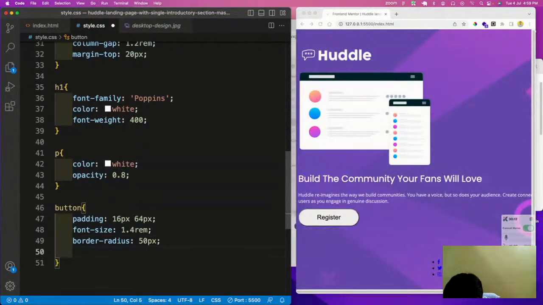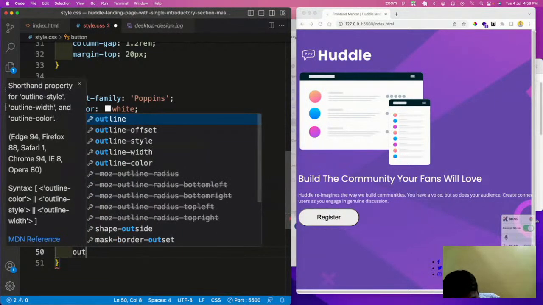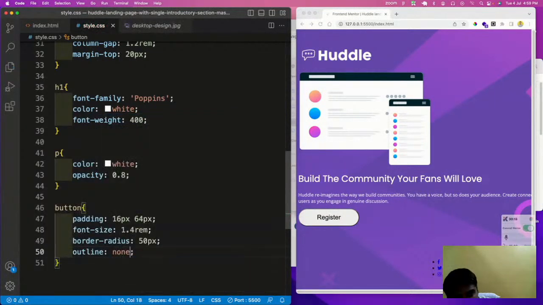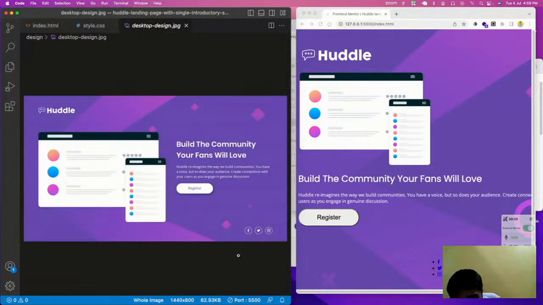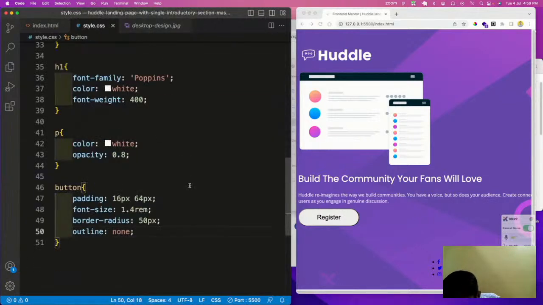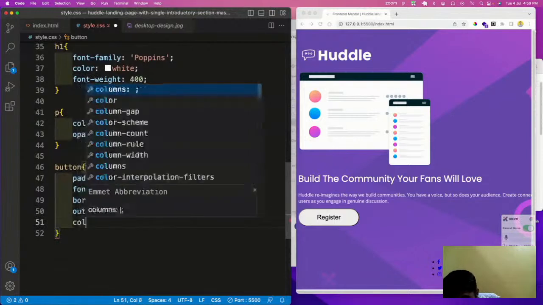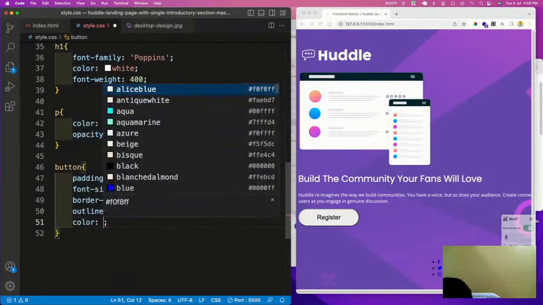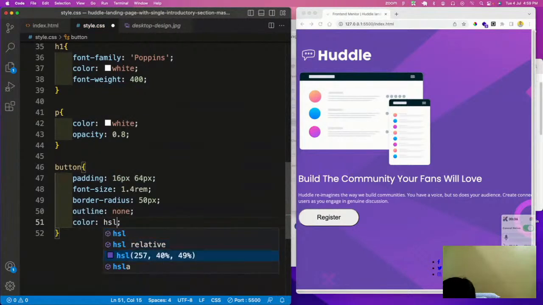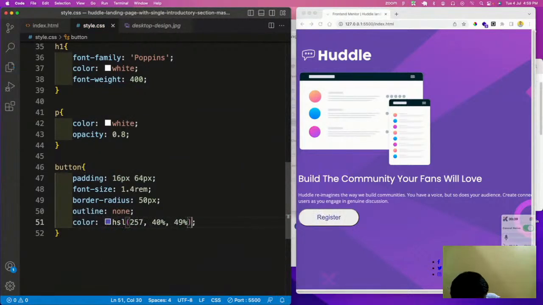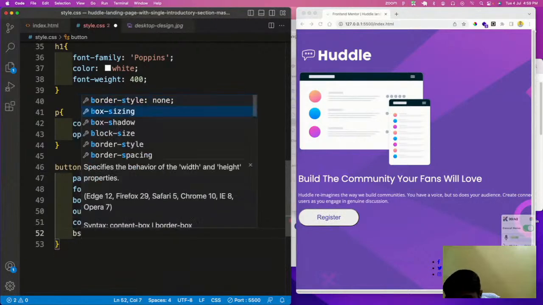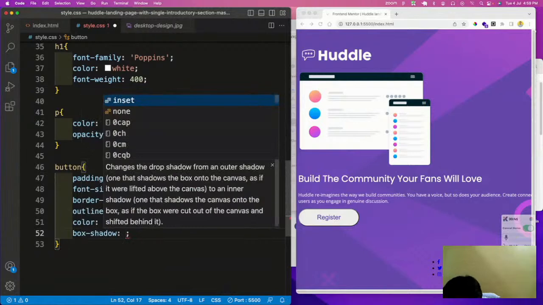And next, no outline is required here. Let us see once again. So box shadows are there and the font color is also there. So we will add those things. So the color again, and box shadow, which is